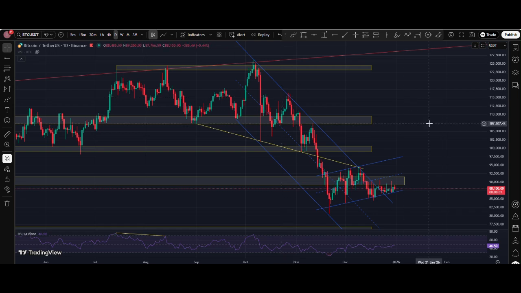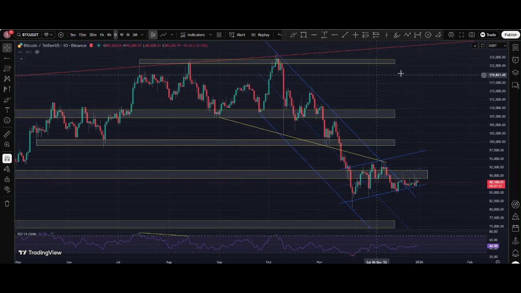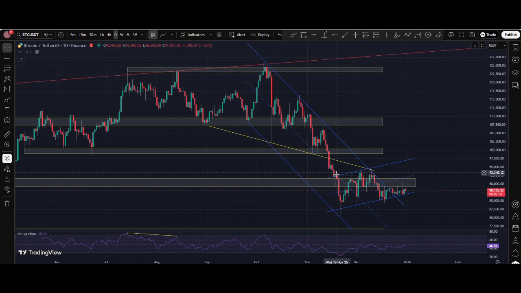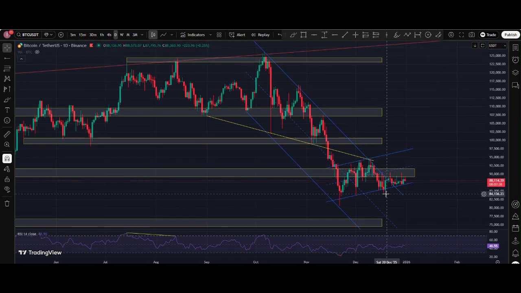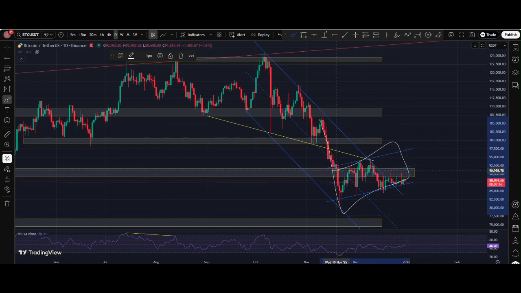I am in the BTC USDT chart. You can see the market is going in a parallel channel. This is like a bear flag, but you can see a beginning bullish flag. I will draw it. This is a beginning bullish flag, and this is a huge bear flag, and the bullish flag is flagging in the bear flag. So therefore, the market can reach this bear flag, this parallel channel upper level, and then